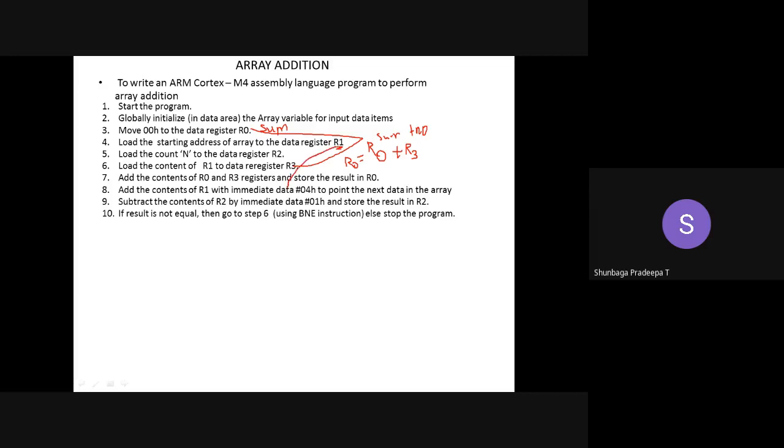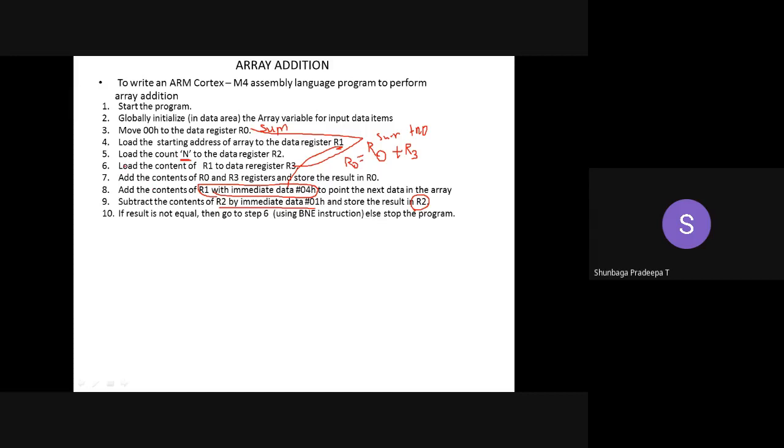So with that you are adding 4, which will move the base address pointing in the first location to the second data's base address. So you are incrementing it by 4. And next you are accessing the next element. So after pointing to the next address, we should decrement the count. So we should perform this addition until the count becomes 0. So you are subtracting R2 by 1 and storing it in R2 itself. So if the result is not equal to 0, then go to the step, otherwise stop the program. So if your n becomes 0, you can stop the program.